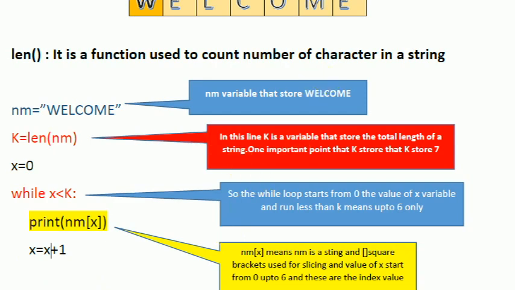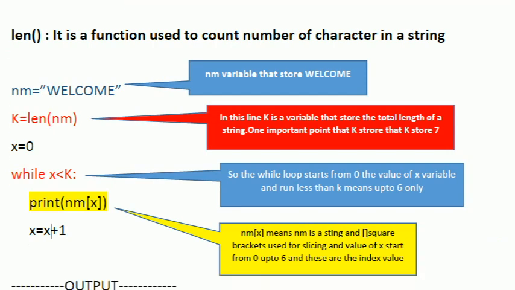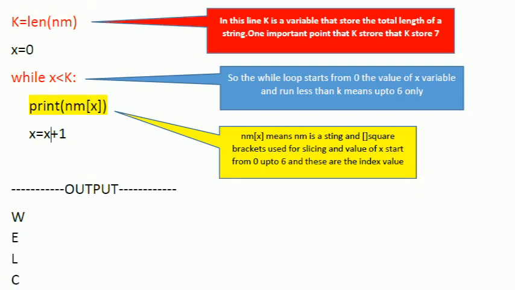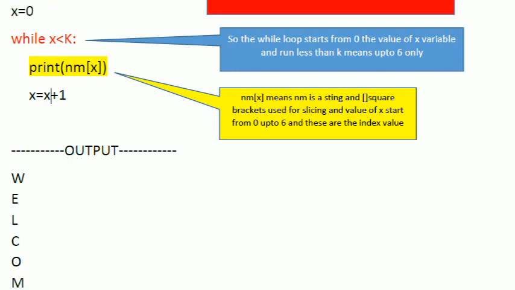When we execute this, it's going to give us the same answer: welcome displayed vertically. Why? Because end is not written, so it goes vertically. So this is the same concept that we use in the case of for and in the case of while. Let us show this program practically also.